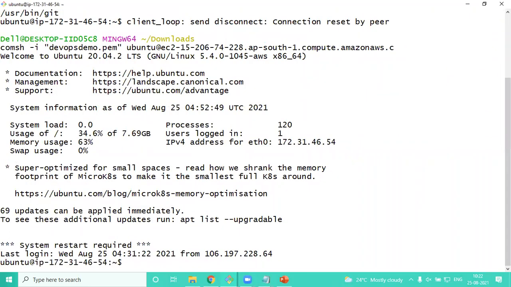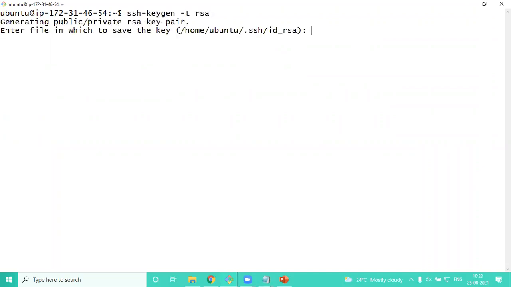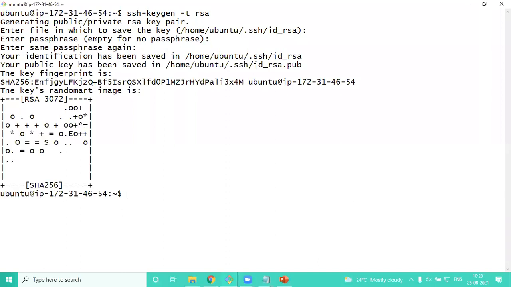Okay, so I've just connected back. So here, I'll just run this, and when you run this, it will be asking you for some default values. So don't put anything, just keep pressing enter. Okay, now once it is completed, on the home directory of this user called Ubuntu, you should be seeing a